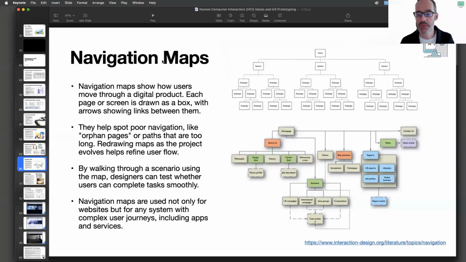So navigation maps, have you come across these before for a website? Normally on a website, you would have a home page, and then within that, you would have sections. They could be drop-down menus, and then you might have sub-pages and more sub-pages off those. So here's an example. User goes to a home page, they click on About Us, and then they can go